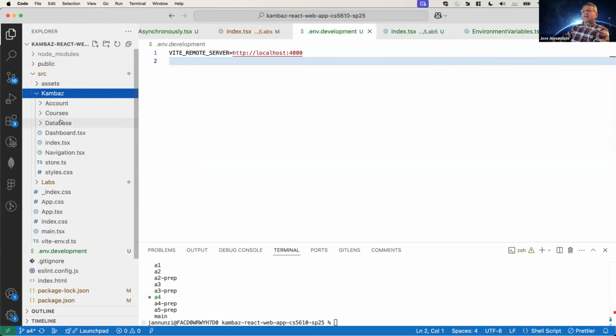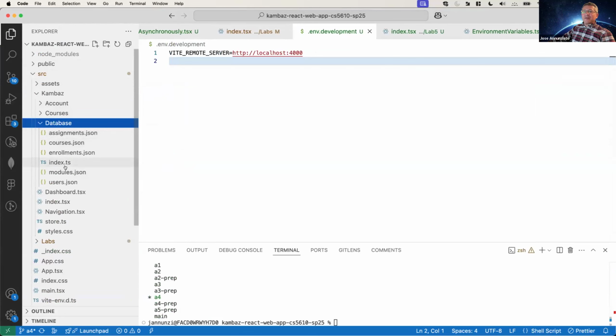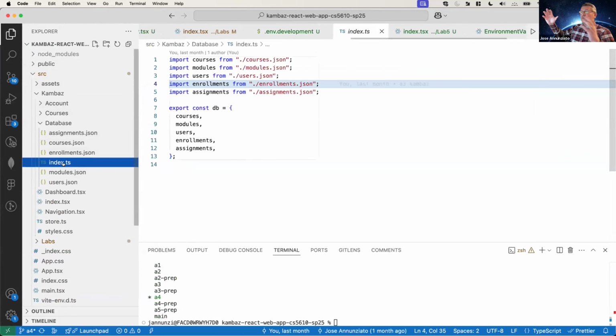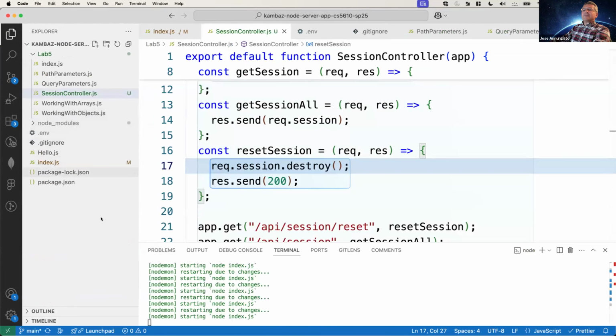Currently we have a database where we have been putting all our JSON objects. We have been collating it into this one index file, and then all the screens have been using this database. So what we want to do is to move this database to the back end, to the server. And eventually, where we really want it is in a real database, a MongoDB non-relational database, which will be the topic of the next lecture. But for now, we want to learn how we're going to interact with the server to retrieve data,